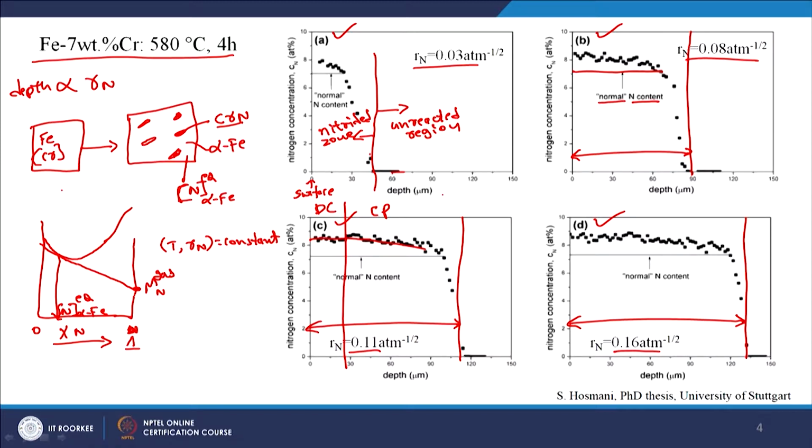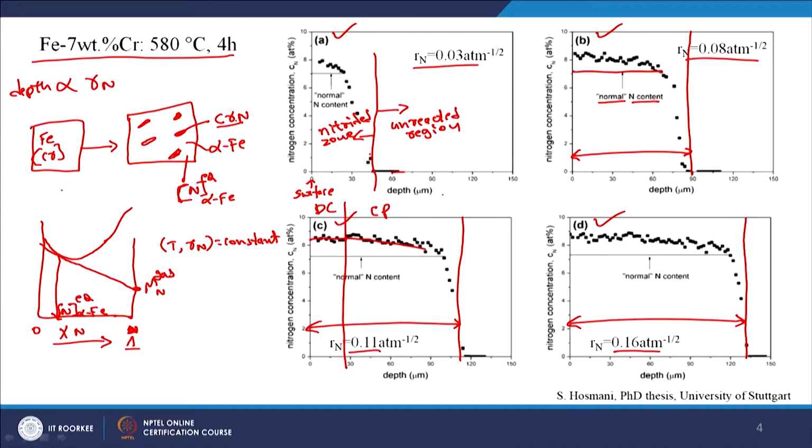You take a very thin foil of pure iron and you start to nitride it at a constant temperature and constant nitriding potential, and then you keep tracking the amount of nitrogen taken up. Okay. That can be done very accurately by just taking the weight of the sample as a function of time, and then the weight starts to increase and then it comes to a saturation level. That implies no more nitrogen is being taken up or left by the sample.